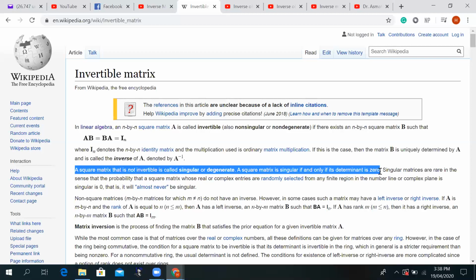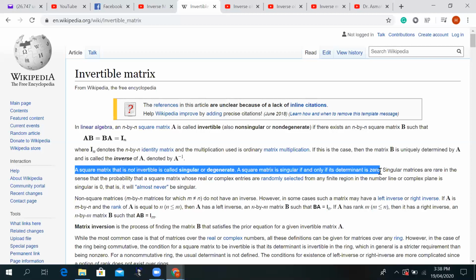So keep those two terms in your mind, A inverse and determinant. If the determinant of a matrix is 0, then it means that that particular square matrix is singular. It does not have A inverse. And you will see also from the formula that we will derive, because the determinant will become in the formula